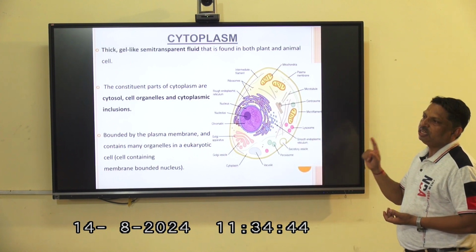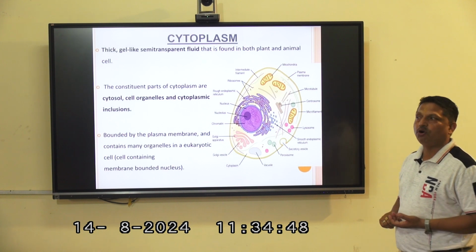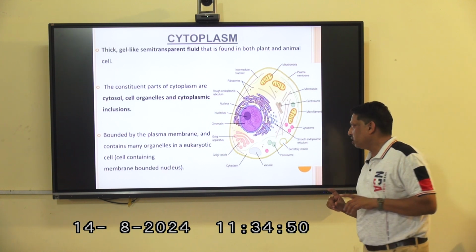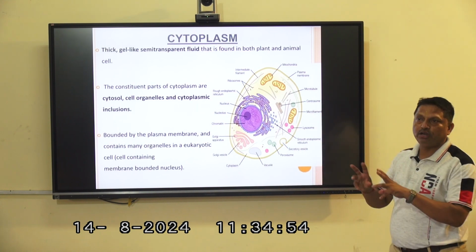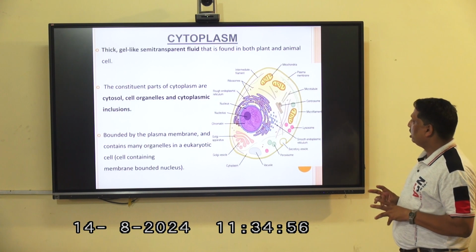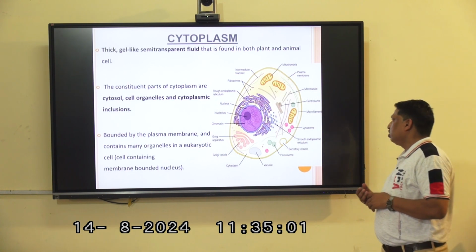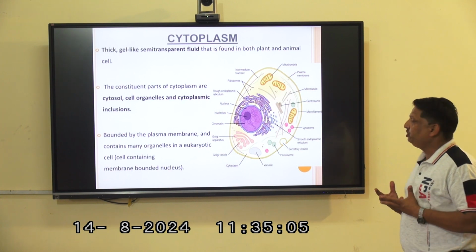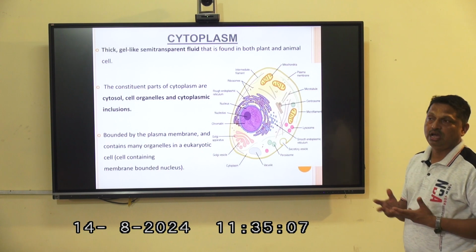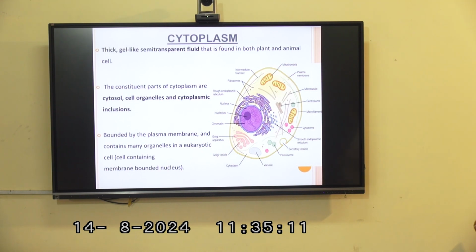Golgi body, endoplasmic reticulum, and lysosomes: arrangement is very important. The arrangement of the organelles is very important, and the whole function depends upon the arrangement of the molecules. Particularly, if you highlight the ultrastructure of any organelle, it indicates which type of function it performs, whether outside the cell or inside the cell.